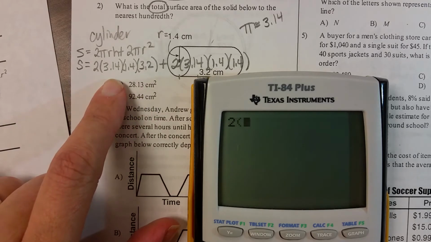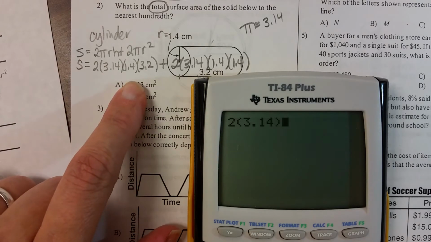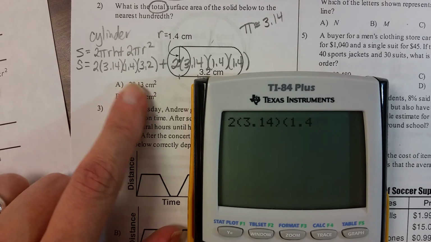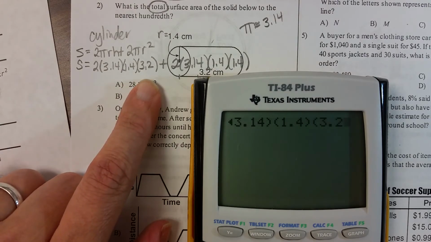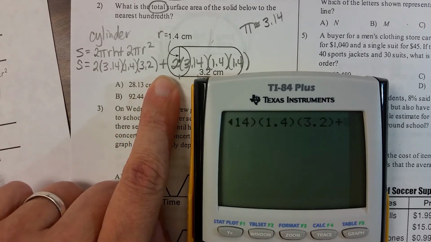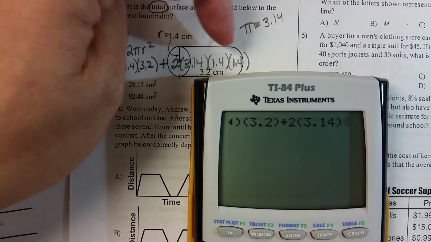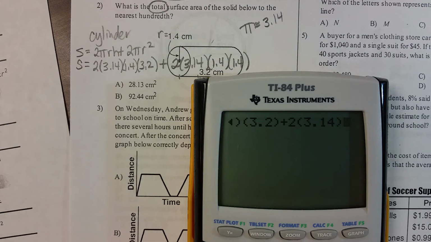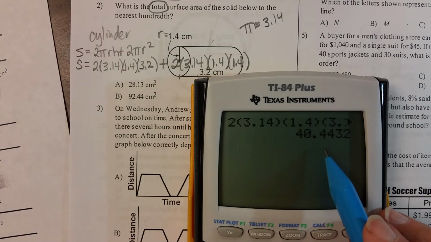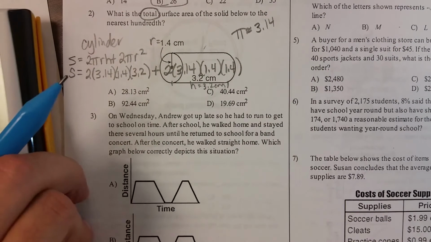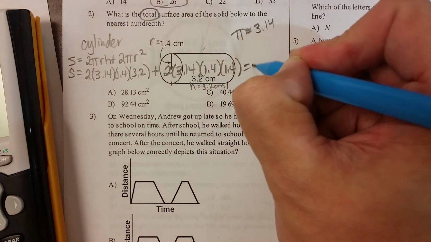I put in 2, open parentheses, 3.14, close parentheses, open parentheses, 1.4, close parentheses, open parentheses, 3.2, close parentheses, plus 2, open parentheses, 3.14, close parentheses, and my radius I'm going to write twice, 1.4, 1.4. I could also use my square button. This is just so I know what I know. I know that the radius is squared, so I would use it twice. So I put it in there, and I get 40.4432. So I'm going to write that down. This is equal to